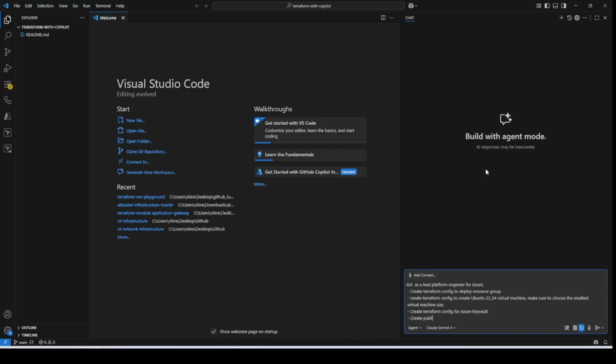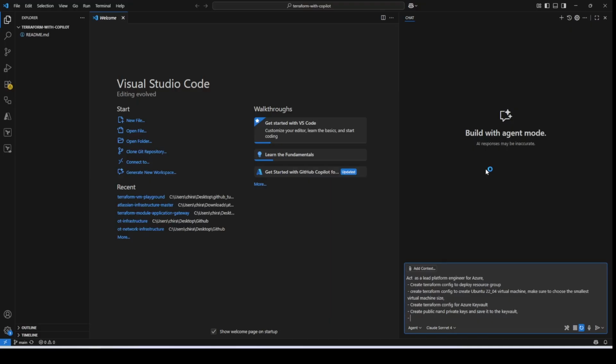Create public and private keys and save them to the Keyvault. Right? Hopefully that makes sense. And we're also going to ask it to create the relevant networking components